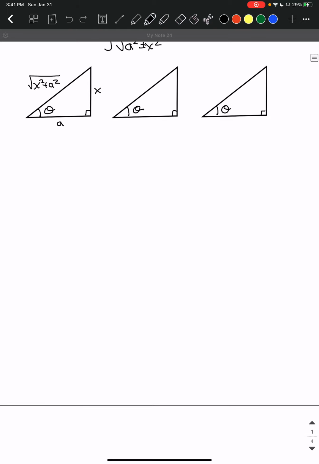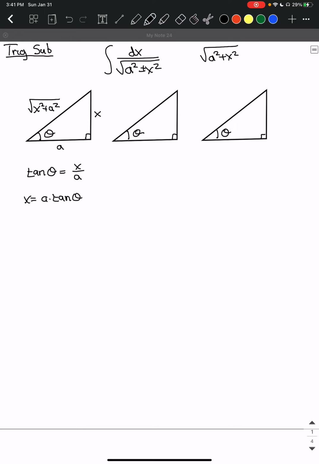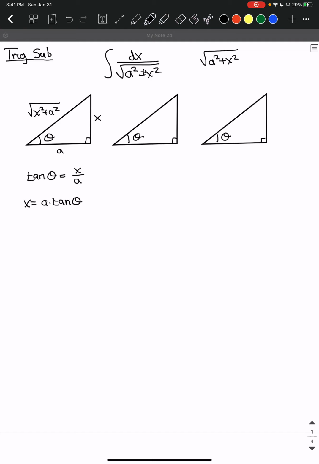Okay, so if we do that then, remember I can now describe this triangle using an angle theta and two different legs of the triangle. And so I can rewrite this as tangent of theta is equal to x over a, right? That's a true statement. And it tells me that x is equal to a times tangent of theta. Okay, so just naturally, this is a substitution we'll want to make our lives easier. Right now, it's very abstract, right? But once we do examples, we'll see exactly why